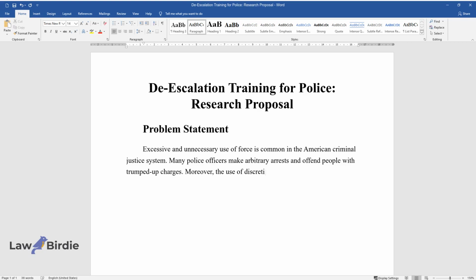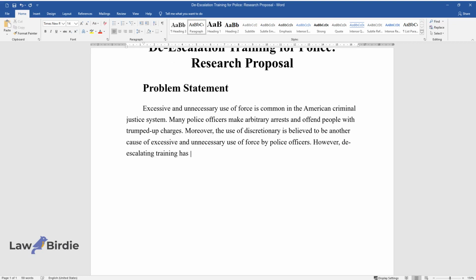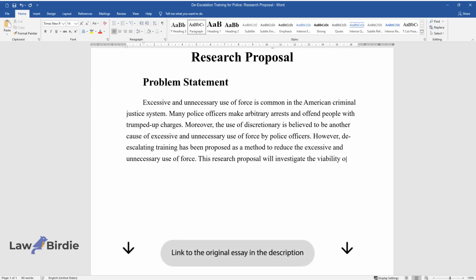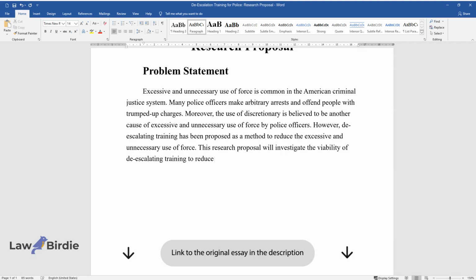Moreover, the use of discretion is believed to be another cause of excessive and unnecessary use of force by police officers. However, de-escalation training has been proposed as a method to reduce the excessive and unnecessary use of force. This research proposal will investigate the viability of de-escalation training to reduce the excessive and unnecessary use of force among